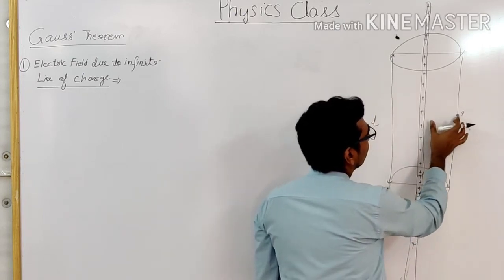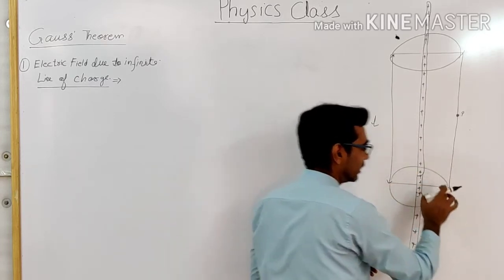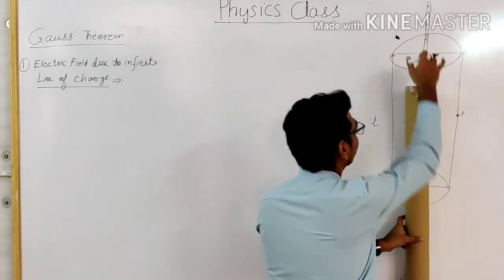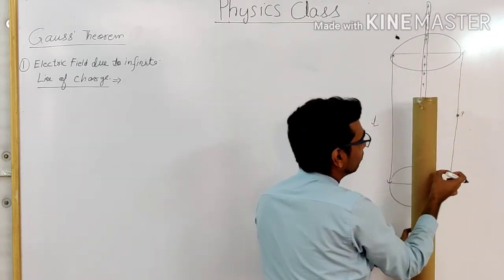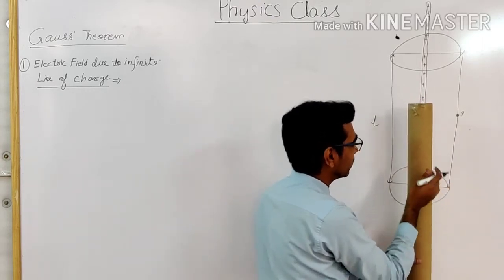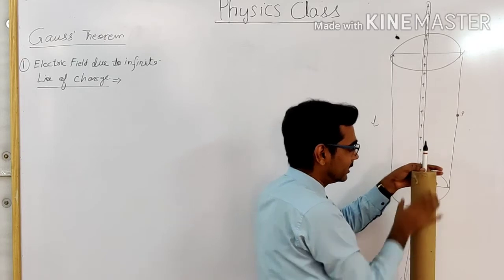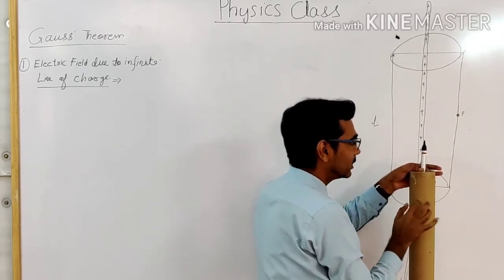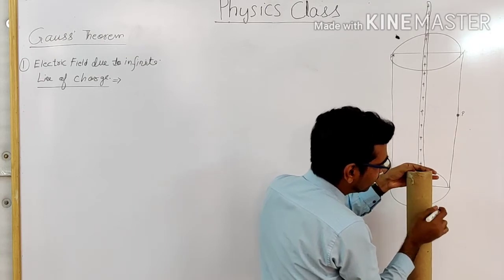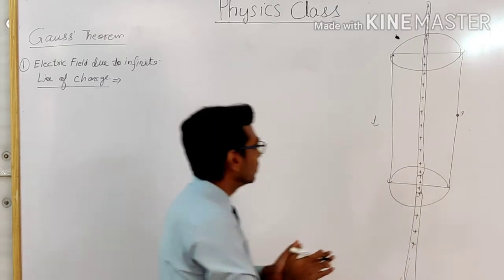As this is a cylinder, it is cylindrical. This is a wire and we have chosen a cylinder. The wire is passing through the cylinder and the point is on the cylinder. This is the three-dimensional explanation. Let this marker be the wire, and it is contained in the cylinder, and this cylindrical surface is our Gauss surface, and the point for which we are talking about the field is on the curved surface of the cylinder.